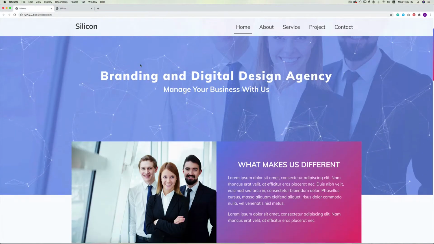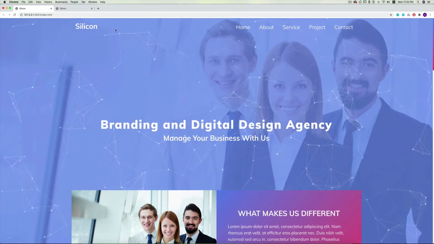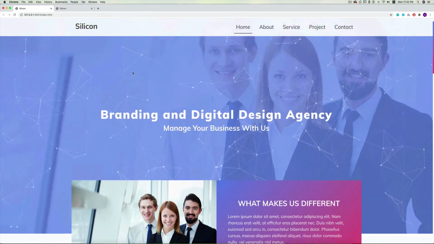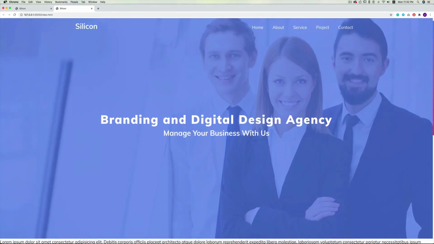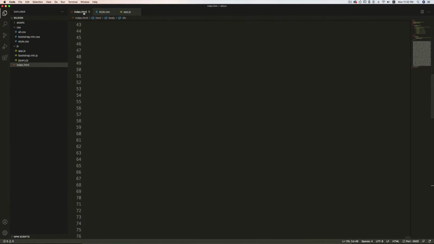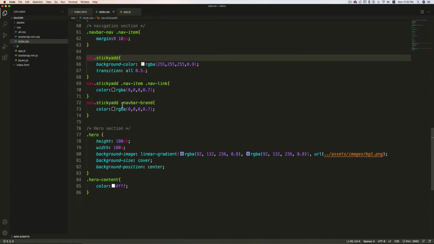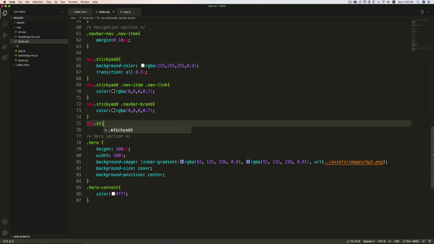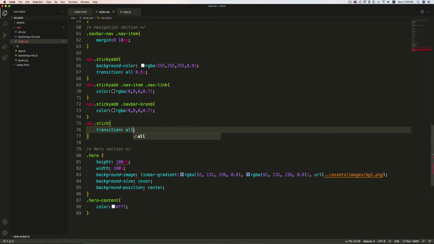In the final project we have this smooth transition, or this kind of animation here, but here it's happening abruptly. I want that smooth transition. So for that, back in the index.html file, I'm going to give it a class stick, and in the CSS file I'm going to write nav.stick transition all 0.5 second.